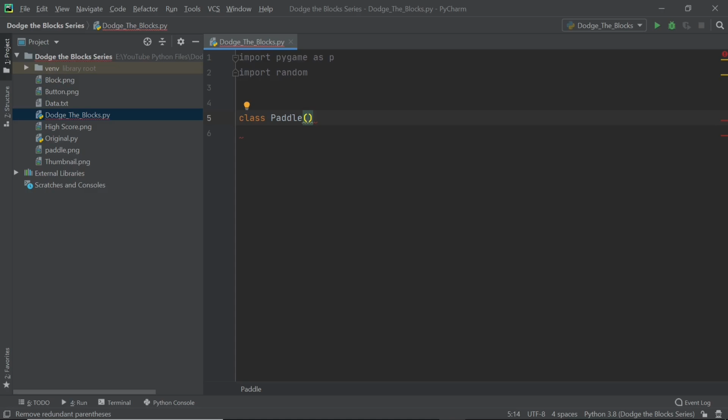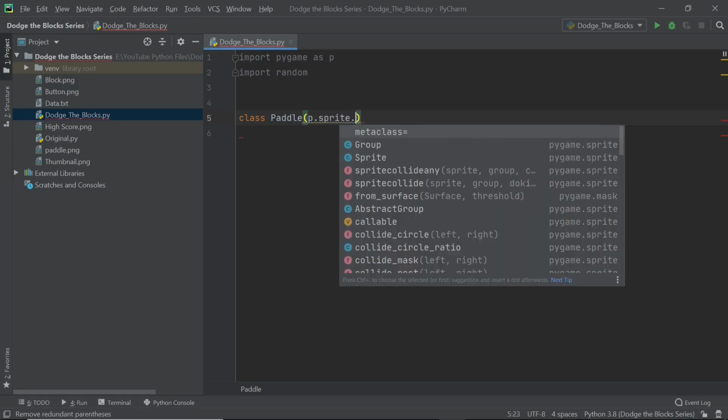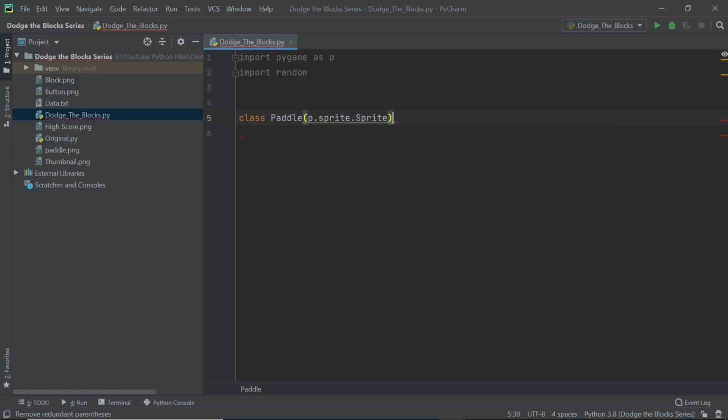I talk about this in my sprite series. If you've not watched it, please watch that first. But essentially, if you're playing, for example, a Mario game, then the coins, the pipes, and the players, all of them would be sprites. So I'm going to inherit from the sprites module, and I'm going to type in p.sprite.Sprite, and that should be the way you do it.